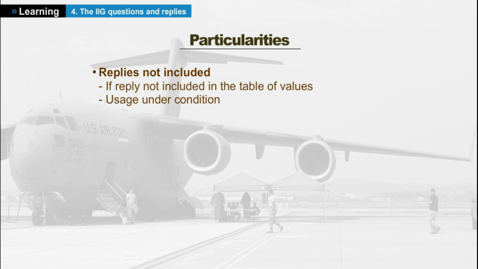When data is not consistent with the replies provided in the reply tables, the system allows, under certain conditions, to provide the reply in plain text using the mode code E. In this case, submitting a proposal to update the IIG can be considered. Example: